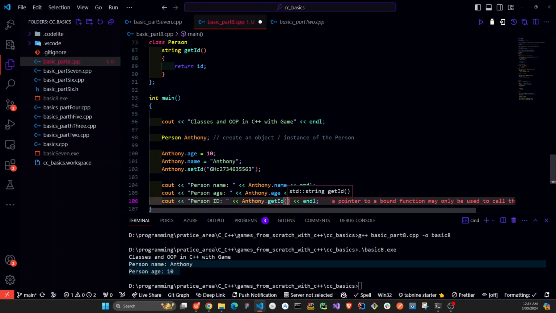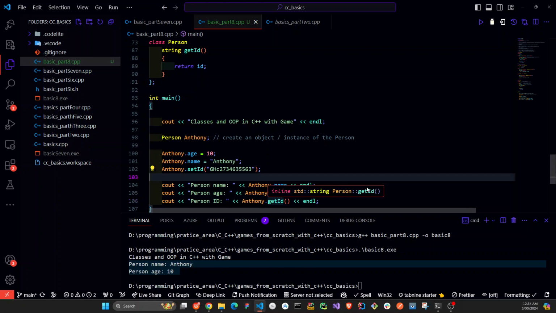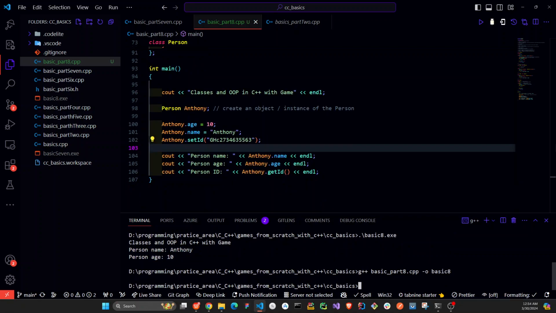So this id will return a string. So we are going to get the id and return it. So let's compile. Okay, so this ID, what we have to do is